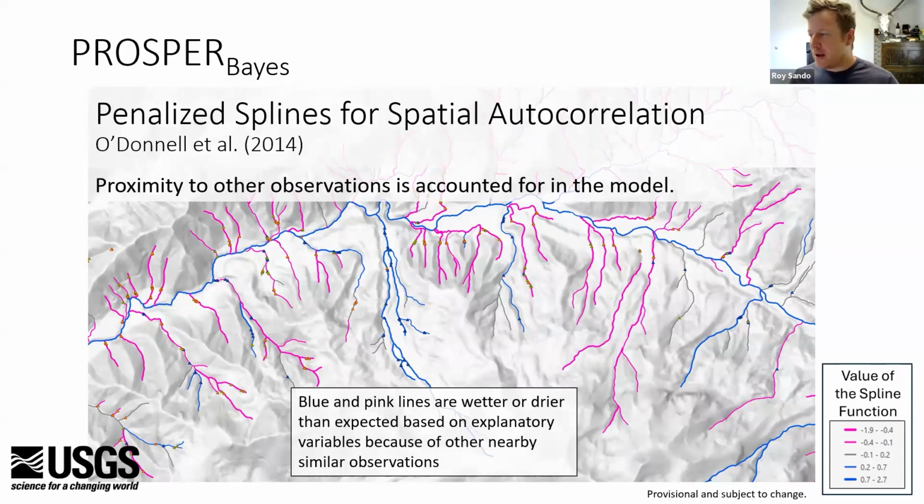And that way, essentially, you don't overload the model and overfit it to observations where you have data, but you allow the model to learn from those observations and say, okay, well, if a prediction is closer to an observation that says it's wet, more than likely, there's a higher likelihood that that location at the ungauged location is more likely to be wet. So a couple big improvements here.